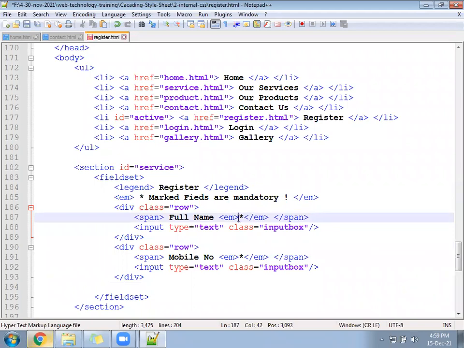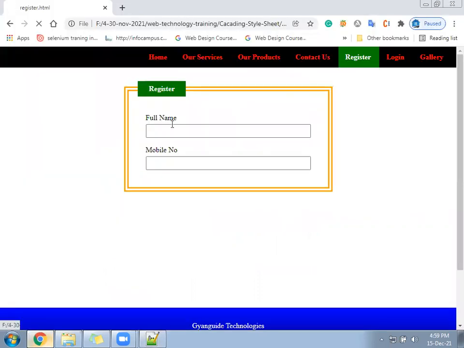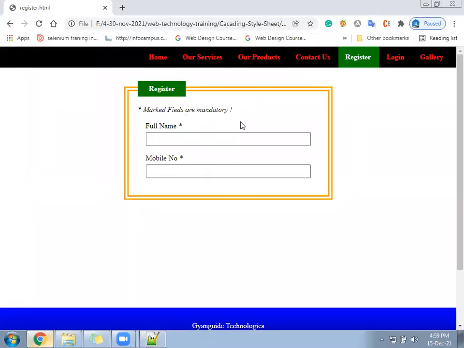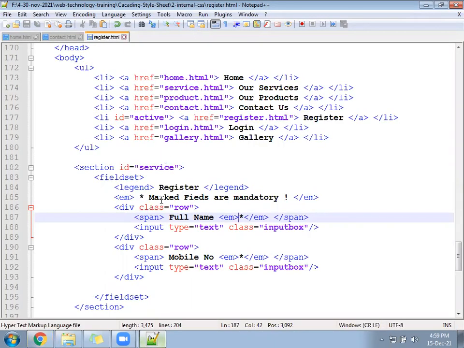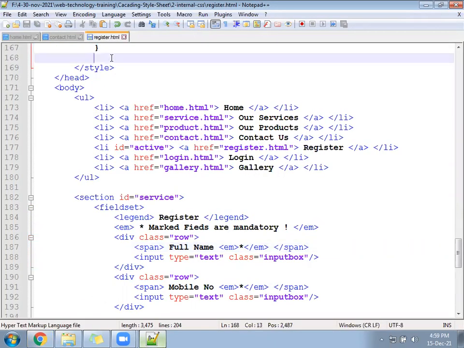Now go for the CSS, and your code is going to look like this. Star marked fields are mandatory. Now the star will come in red color. So we can come to the CSS part and write one CSS for EM tag.